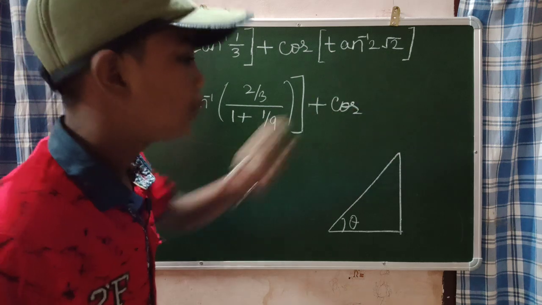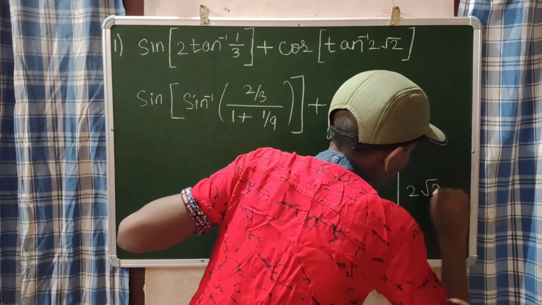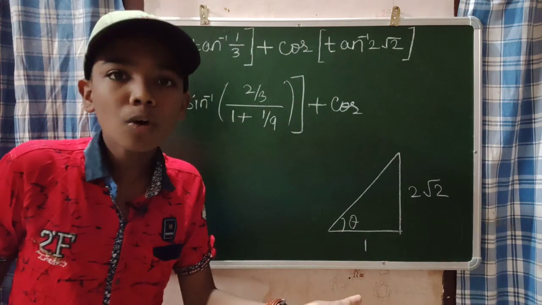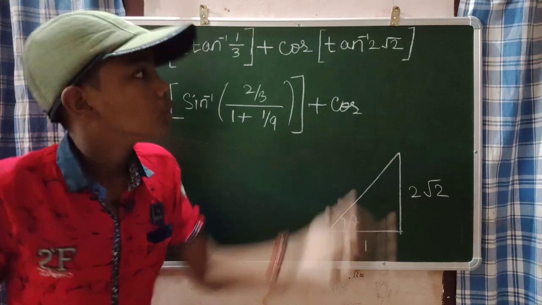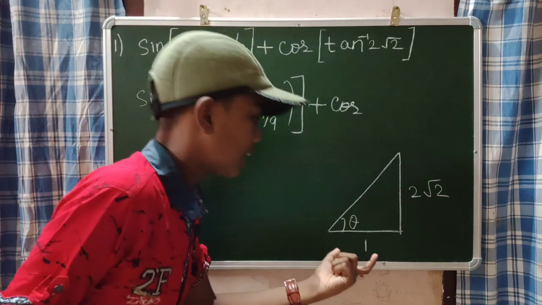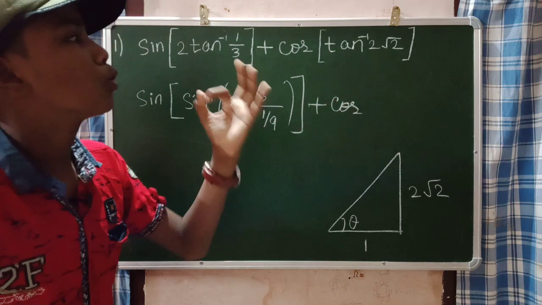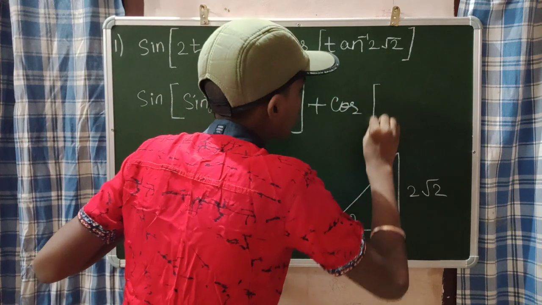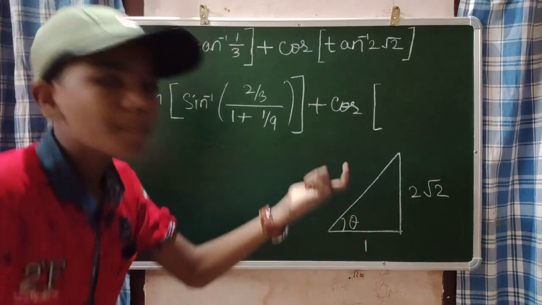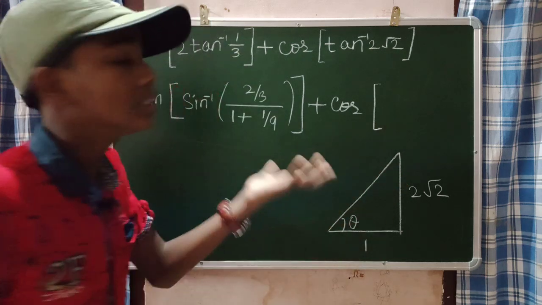So tan theta is equal to 2 root 2 means it shows that your opposite is 2 root 2 and adjacent is 1, because tan theta is what? Your opposite over the adjacent, right? Now, if you need to convert this tan inverse of 2 root 2 into cos inverse, you just need to find the cos theta. What is your cos theta? That is nothing but adjacent divided by hypotenuse. Correct now guys? Adjacent divided by hypotenuse will give us cos theta, cos inverse.